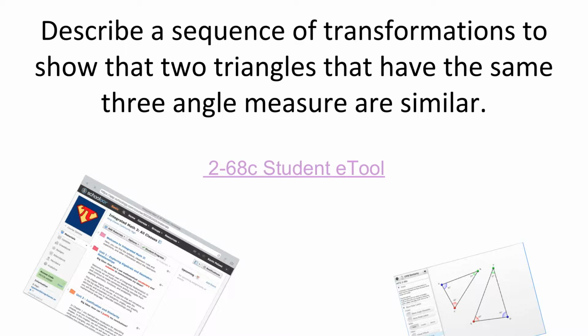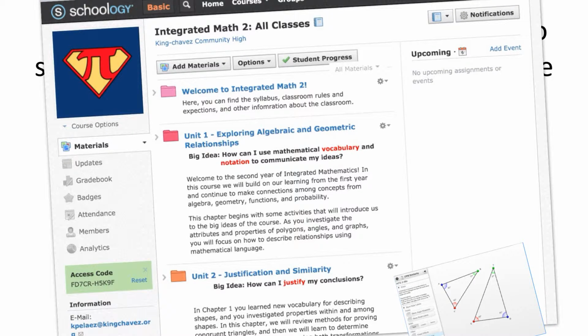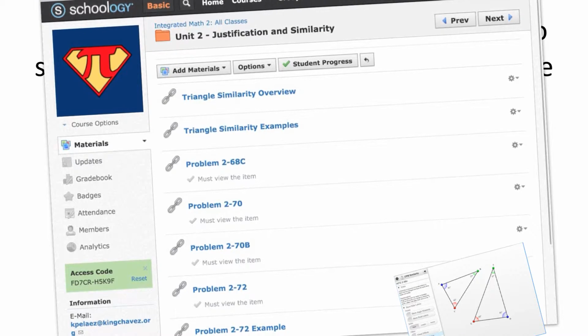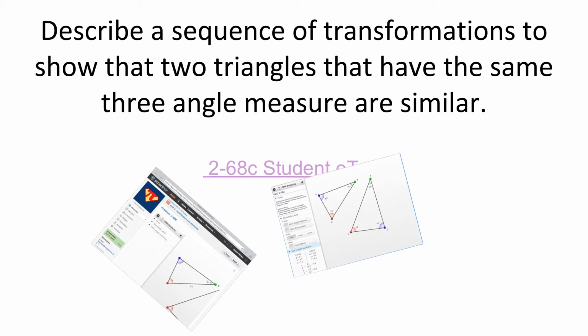Now to do this, you're going to have to access some things on Schoology. And this is what your Schoology should probably look like. Once you're on here, click on Unit 2. Let's see if it loads. You have more things on here because I'm still editing the videos. But then you want to click on problem 268. And it doesn't show on here, but what it should look like, once you click on the name again, is